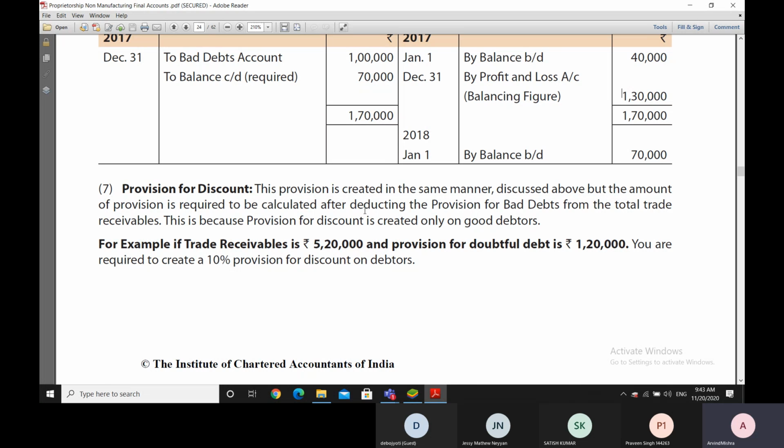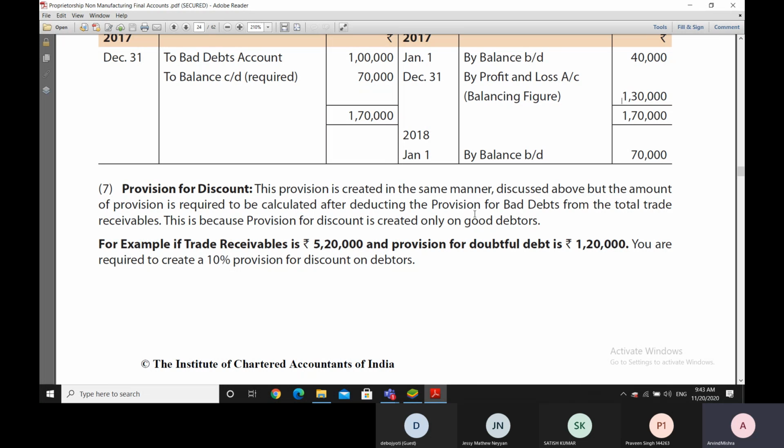We need to create this provision so that we do not overstate our profits. So we will debit the profit and loss account and credit the provision for discount account to the extent we consider necessary, that we need to offer the discount to the customers. So to calculate how much discount we need to offer to the customers,